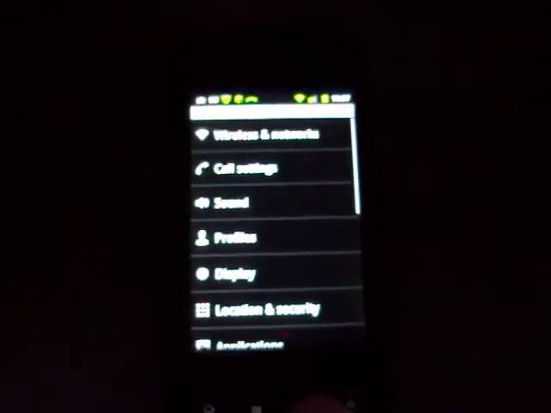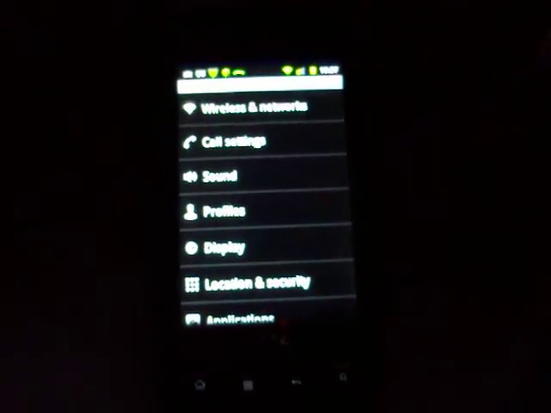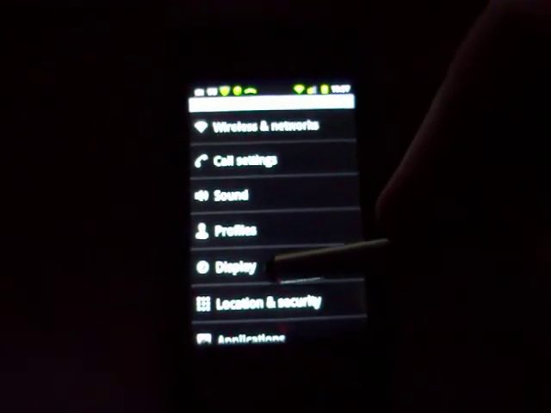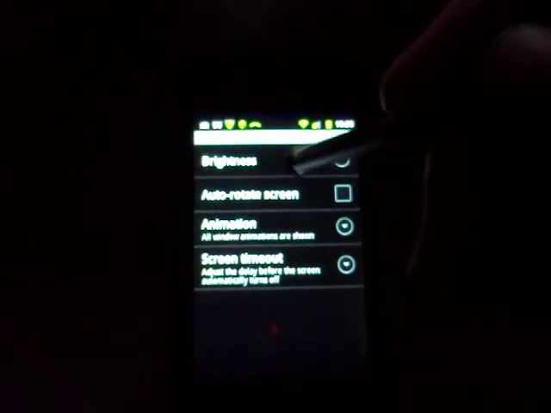The next thing I want to hit on, which I had hit on before, but somebody had just asked, is the whole display. As you can see, once again, we're in settings, and if you hit display, you can hit brightness. As I had said before, the brightness is actually a bar rather than a numeric setting, and you can either pull the bar from left to right to increase or decrease, or the way I choose is just to simply click on it. If you know where your normal settings are, for this video I'm going to keep it high,